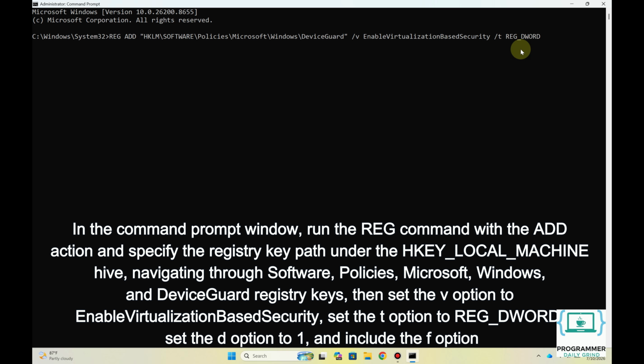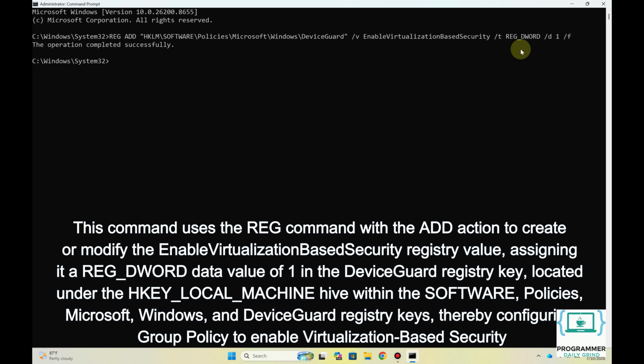then set the /v option to EnableVirtualizationBasedSecurity, set the /t option to REG_DWORD, set the /d option to 1, and include the /f option. This command uses the reg command with the add action to create or modify the EnableVirtualizationBasedSecurity